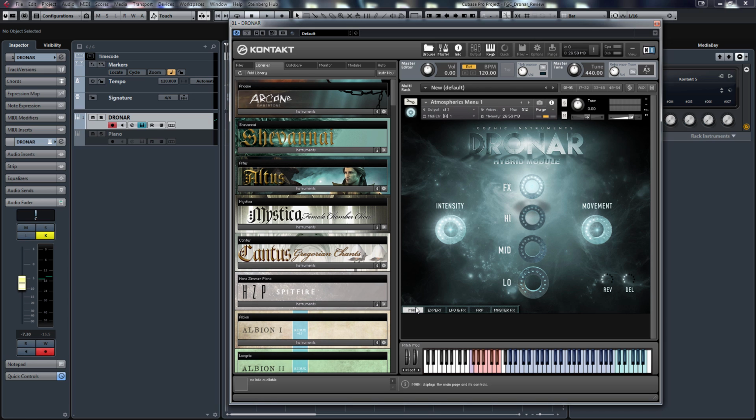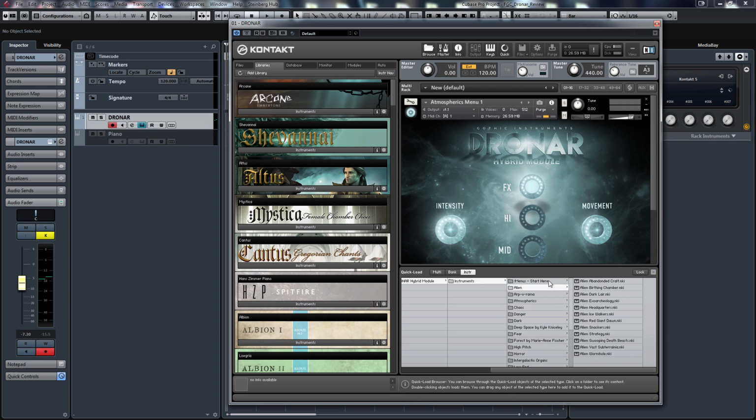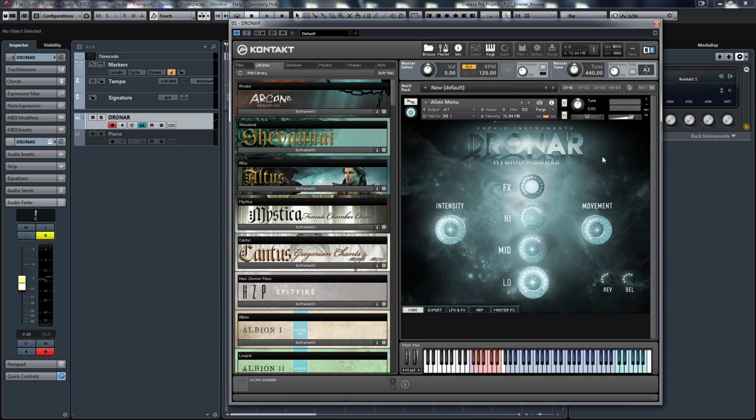And yeah, maybe what I'll do to end this is play through some of the sounds and just see how you can mess around with them. I'll just play with the menus because these are just the menus patches broken out. So say for example here, if I go the alien menu, I'll just play the first thing that comes. There's quite a lot of effects, and so if I play the mid, for example, but if I play just the low and high,